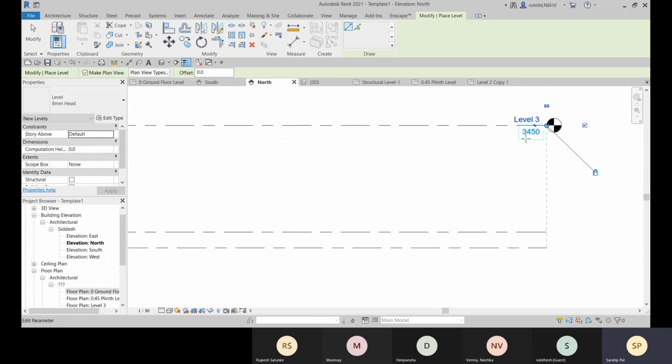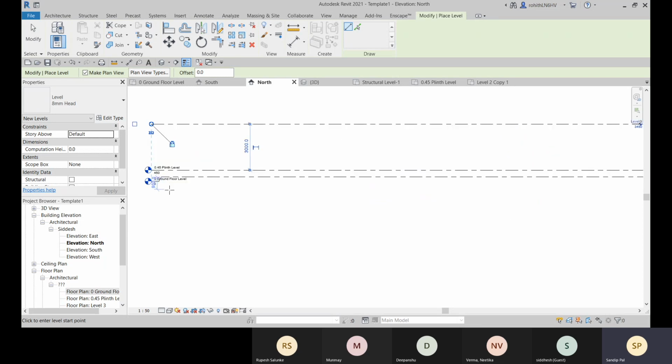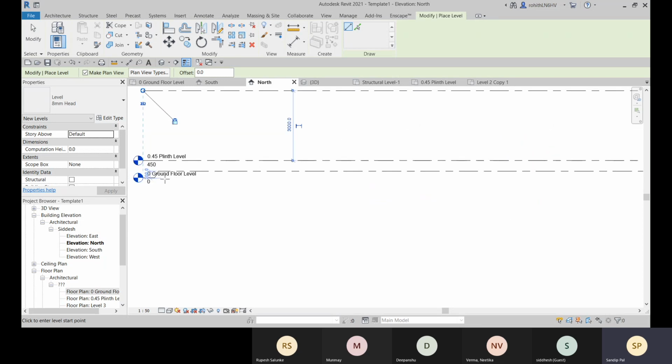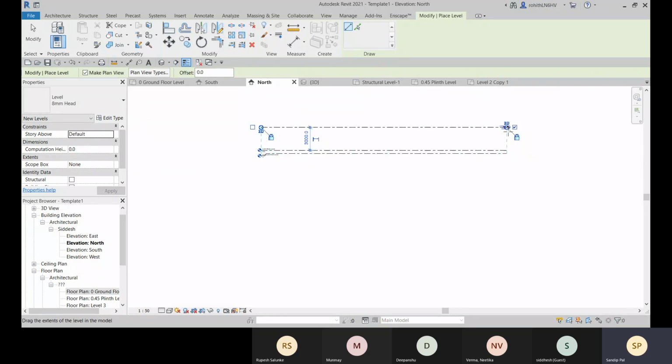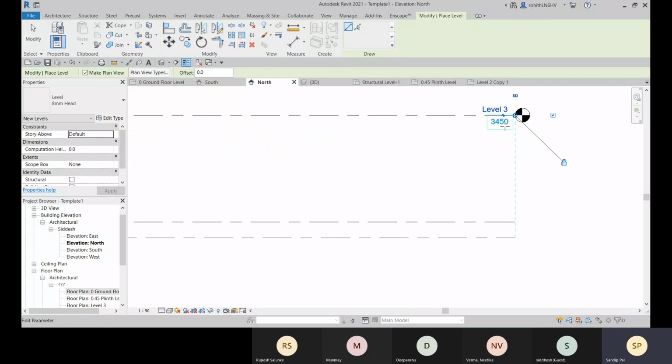Okay, and now you can see that the distance is 3450. So that will always be calculated from that 0 level. That is your ground floor level. So the 0 level is your ground floor level, and from that it will count. It will show the height. Okay, so the total height will be shown here, and that is calculated from that 0 level.